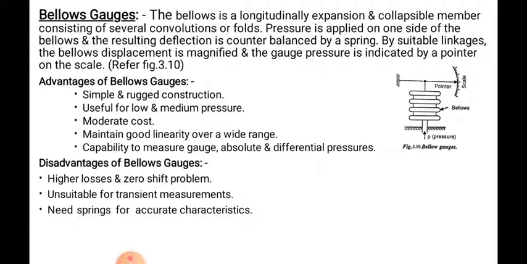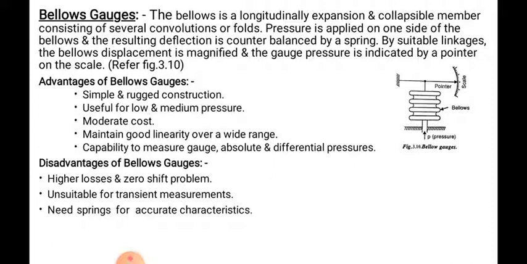It is shown in the diagram. The working of the bellows pressure measurement gauge is very simple. We just have to blow the unknown pressure air through the opening or inlet of the bellows. The unfolded bellows will expand due to the pressure air blown through it.